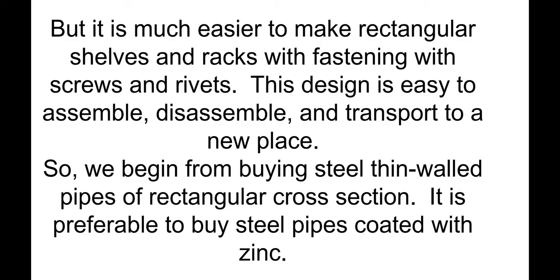So we begin by buying steel thin-walled pipes of rectangular cross-section. It is preferable to buy steel pipes coated with zinc, or sometimes zinc with aluminum. So I go to a local shop and buy, with delivery, rectangular pipes, or in this case I was buying square